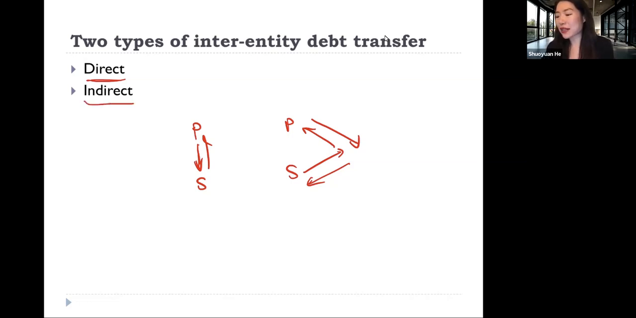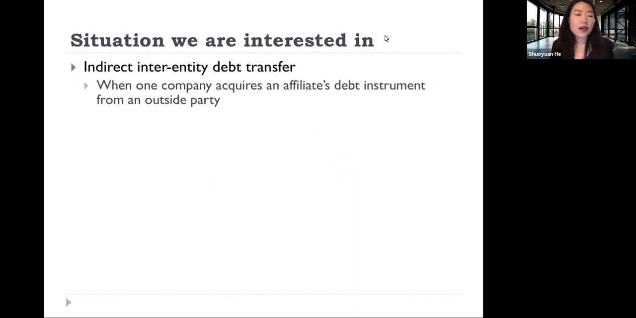For the indirect kind of intra-entity debt transfer, that is a little bit more complicated. And the indirect kind of intra-entity debt transfer is the focus of what we're going to talk about in this class. So let's first